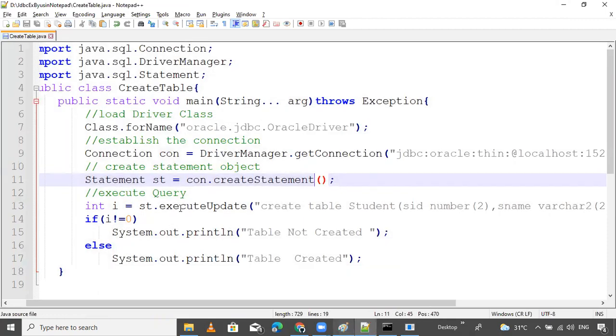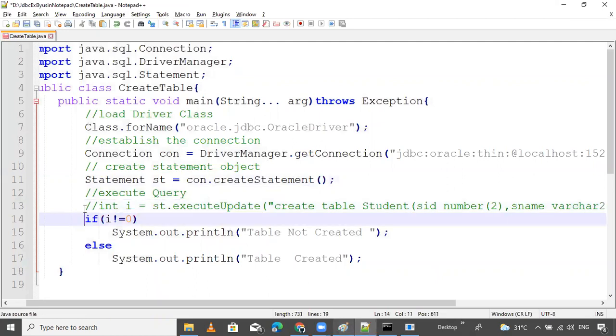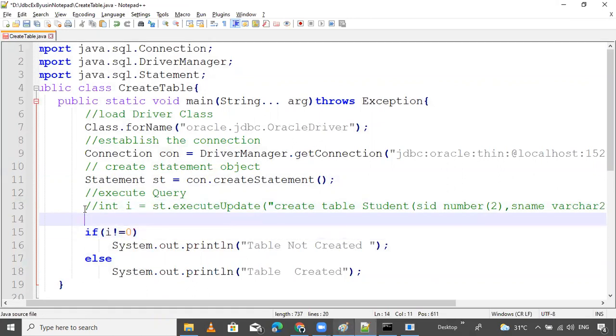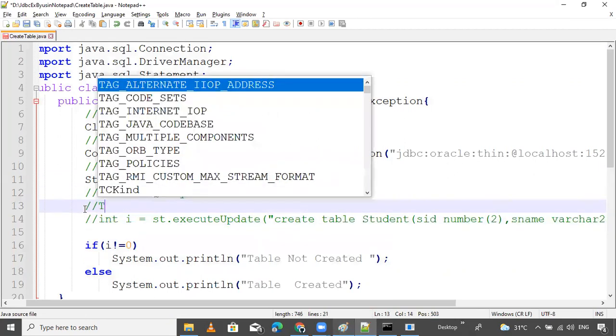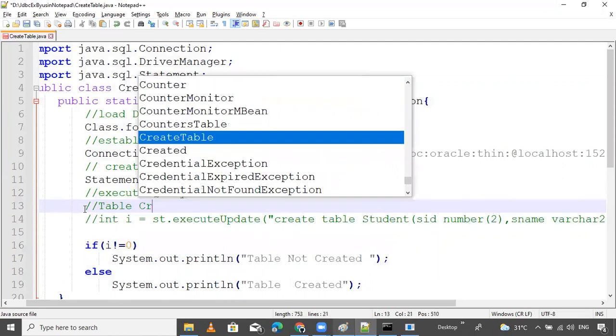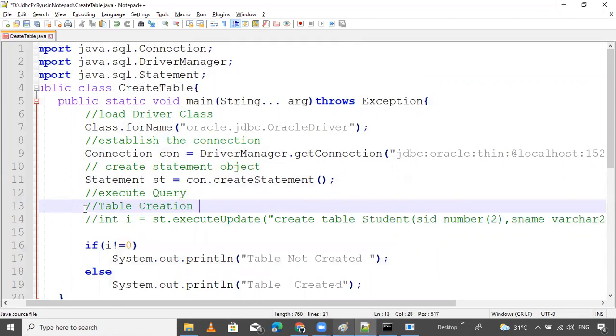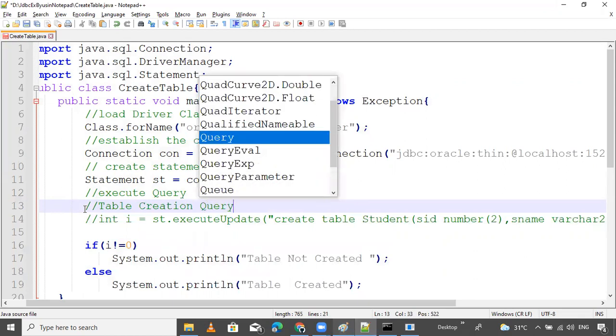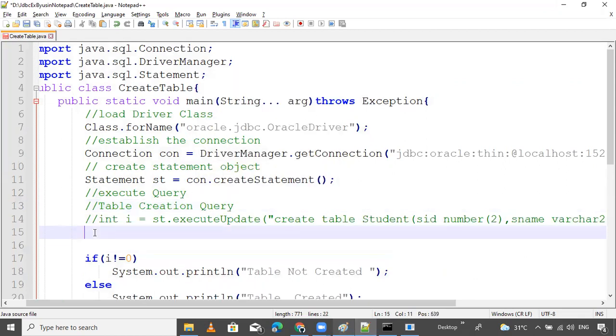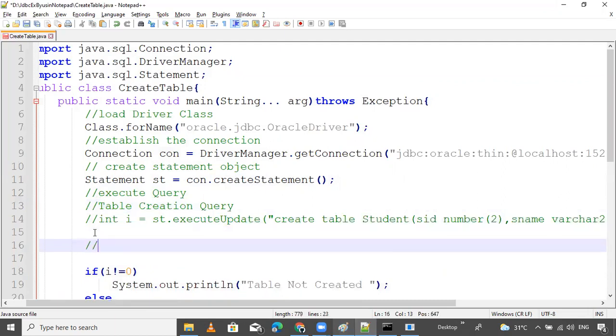Now this is not required. I want to insert now. So here, table creation. Okay. Now I want to insert the record.